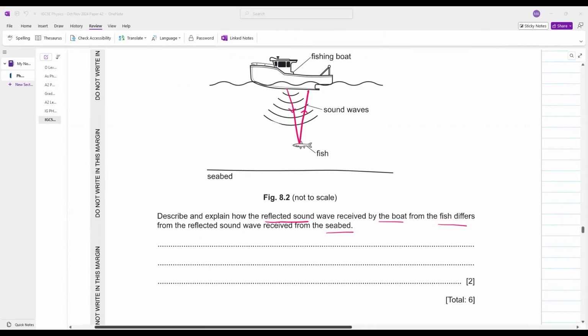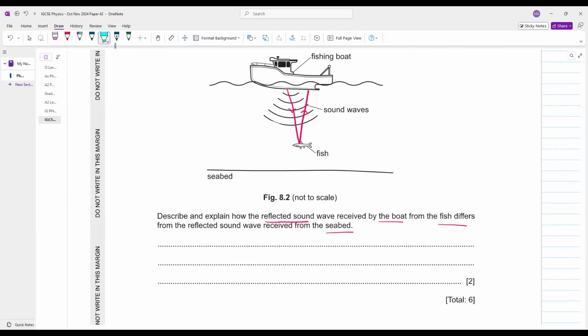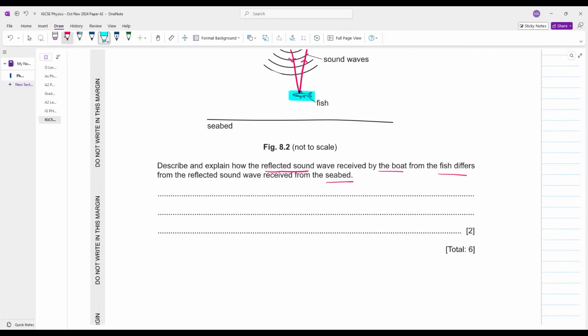Always realize that when ultrasound gets reflected from the fish, what will happen? The fish has a smaller area, right? The fish's area is smaller compared to the seabed. Hence, only a very limited amount of ultrasound will be reflected backward. So you will say reflected waves are weaker